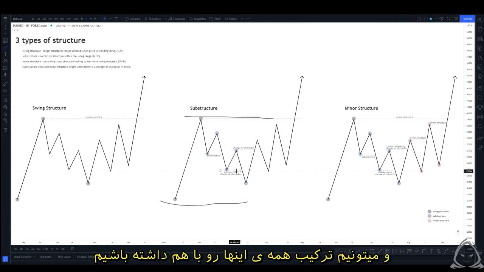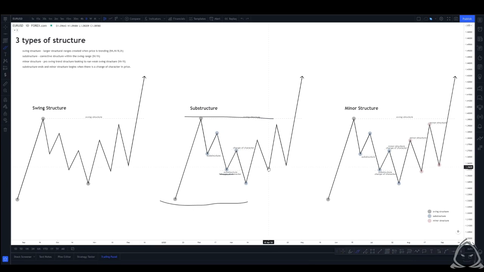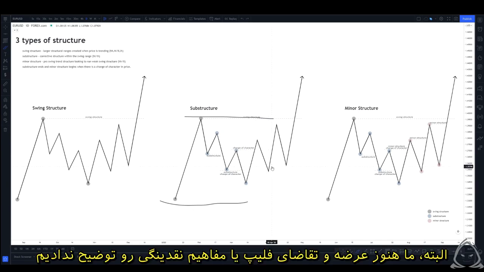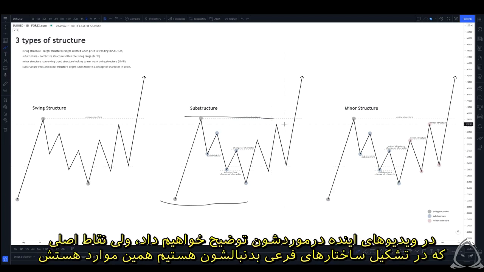And we can have the combination of all that: the sweep of liquidity, the reaction off the demand zone, and then a supply and demand zone flip that we could look to enter on. Now, of course, we haven't actually discussed supply and demand zone flips or liquidity concepts as of yet, so don't stress too much about that. We will be getting into that in future videos, but those are the main things we would be looking for